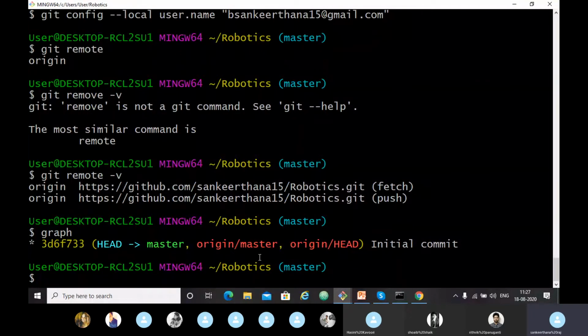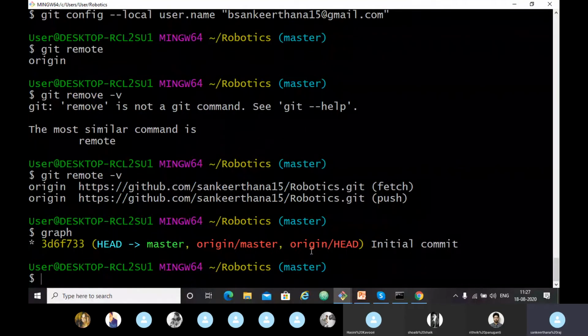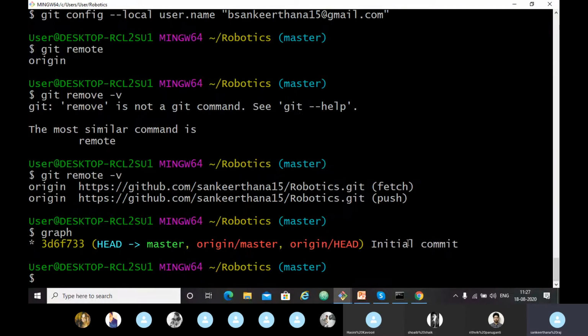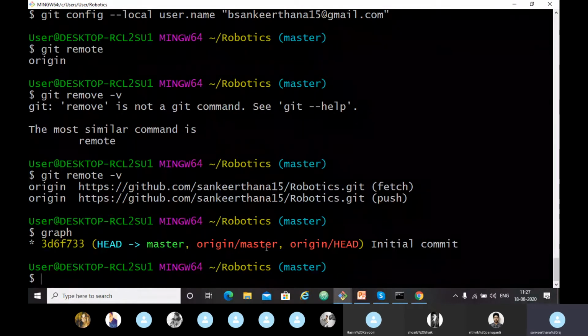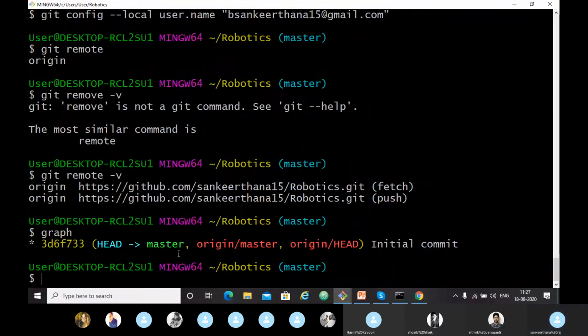To know whether they are pointing to the same commit: here we have them pointing to the same commit, but going forward we will see differences in commits, where our local master will be pointing to one commit and origin/master will be somewhere else. But here our master branch in our local computer and our master branch in origin, meaning in GitHub, are pointing to the same commit. So it is called a remote tracking branch, because it shows us what our master branch at GitHub looks like.